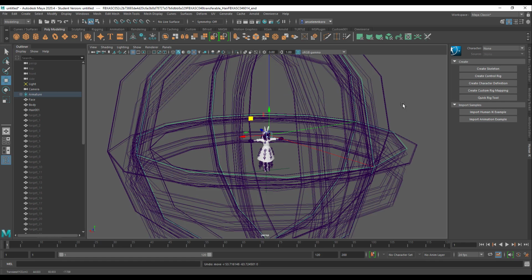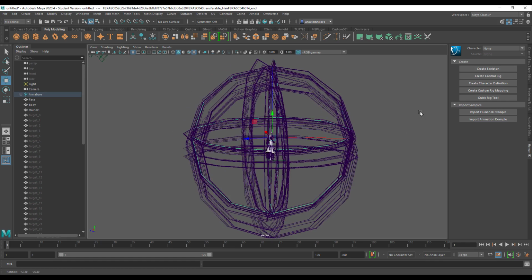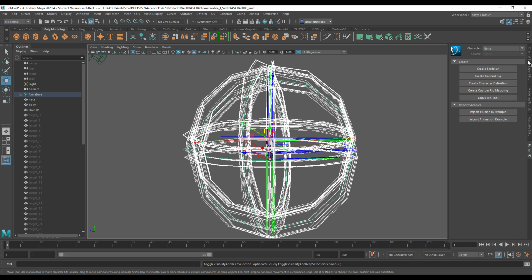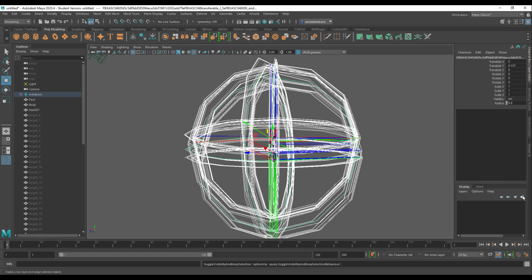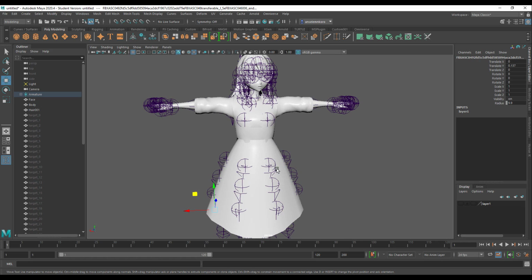So the quick trick for this is make sure that you have your joints, this huge joint selected in such a way. So I'm just going to go ahead and select just this huge joint and then go over to where you have the channel box, turn on a layer and simply hide them.